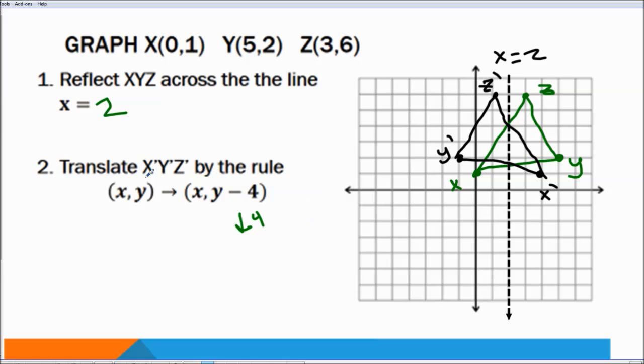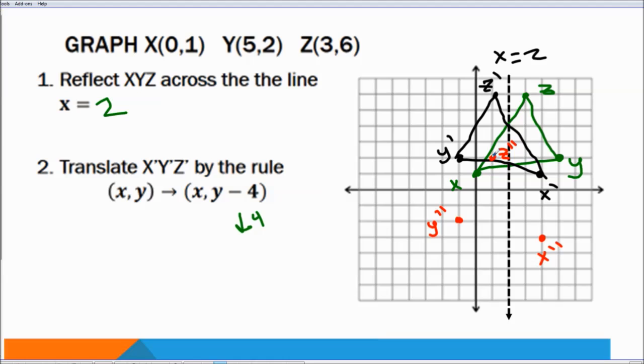Okay, so now we're going to do this next part, translate this triangle, x prime, y prime, z prime, by the rule, and we've already annotated what the rule means, so it's going to be pretty easy. Just slide all the points down 4. So I'm going to take y prime down 1, 2, 3, 4, and there's y double prime, and take x down 1, 2, 3, 4, and there's x double prime, and then let's take z, and we're going to go down 1, 2, 3, 4, and there is z